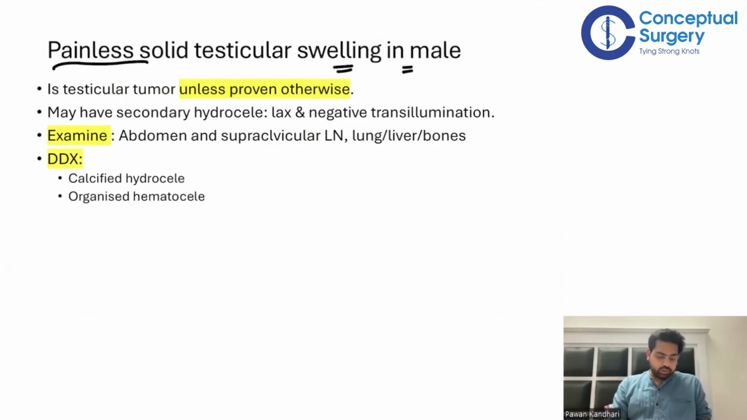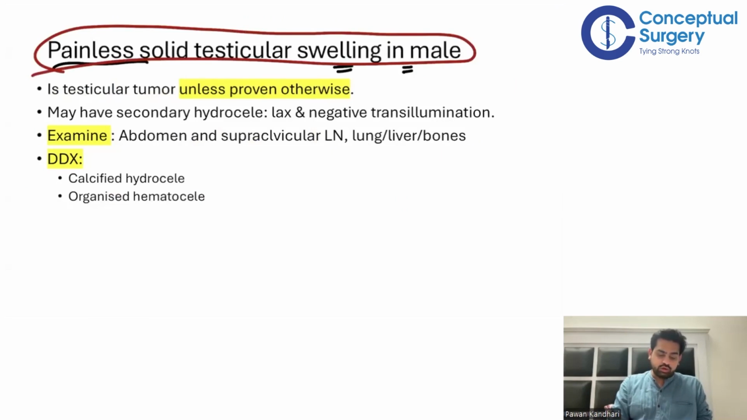Any painless solid testicular swelling which you get in the males is testicular carcinoma until proven otherwise. Any painless solid testicular swelling in the males is a testicular carcinoma until proven otherwise. Have you ever come across this concept that every patient of hydrocele you should get